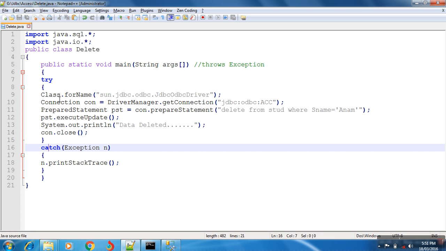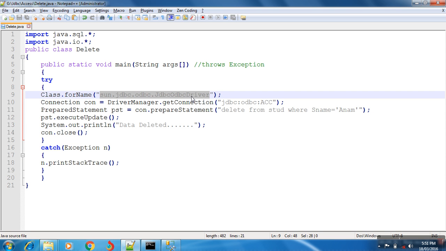So you have to declare the driver like this. You have to use Class.forName. It is a method of class, and the driver is sun.jdbc.odbc.JdbcOdbcDriver, with capital J, O, and D.